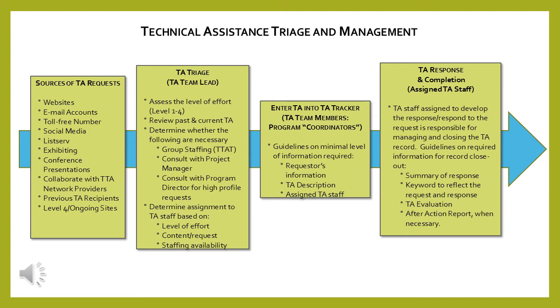They mark any key words that reflect the request and response. On a keyword tab, there's a list of close to 500 different keywords that you can select. Some TA requests need multiple keywords to select and some just one. At that point, the staff assigned is responsible to send out a TA evaluation. This is a mandatory